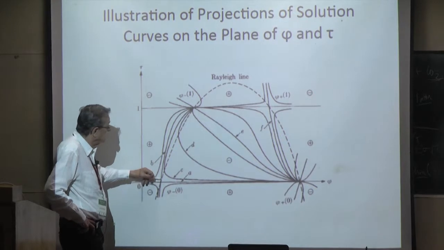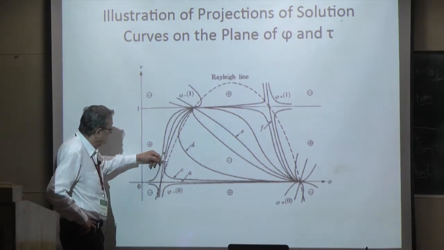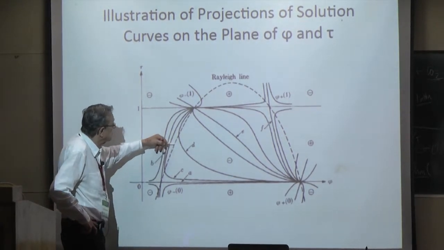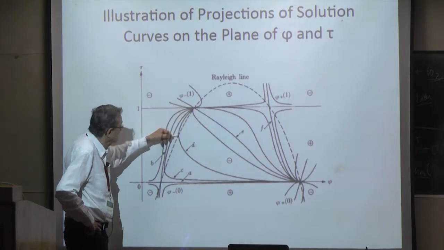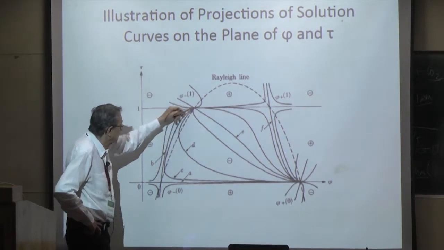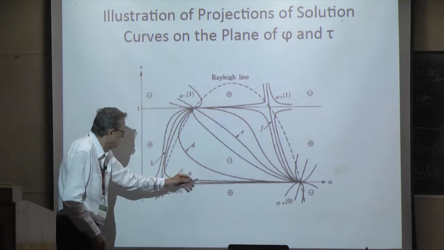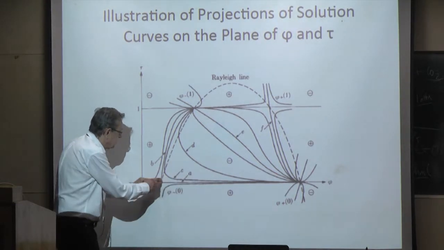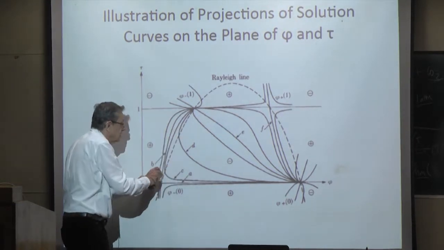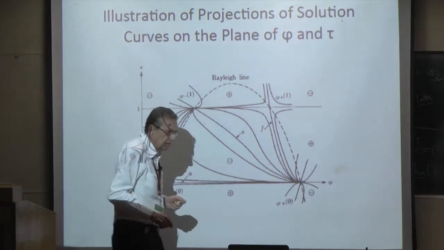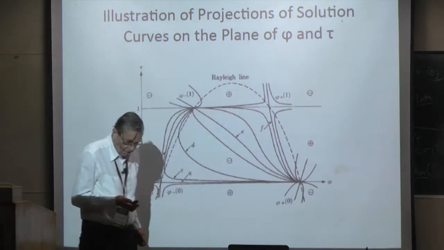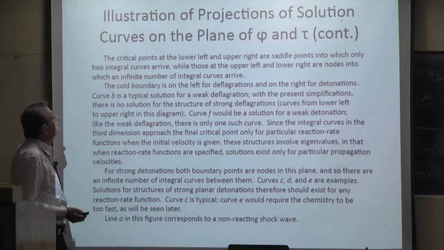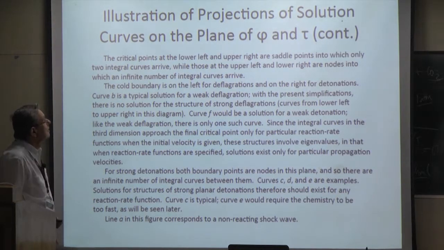And that curve in this diagram turns out to be very close, almost exactly along this Rayleigh line curve. And so the solution is this, followed by some transition along there. And that's the ZND structure of